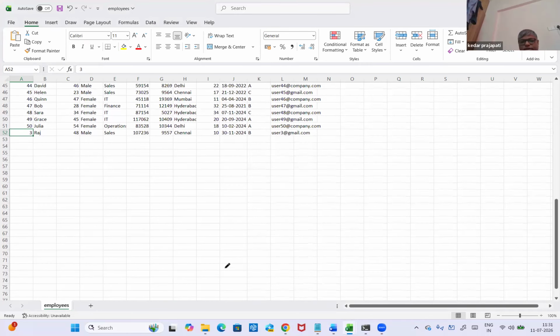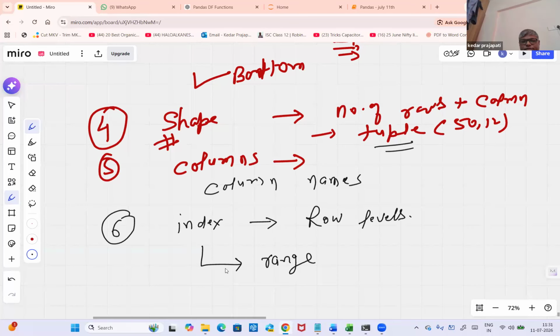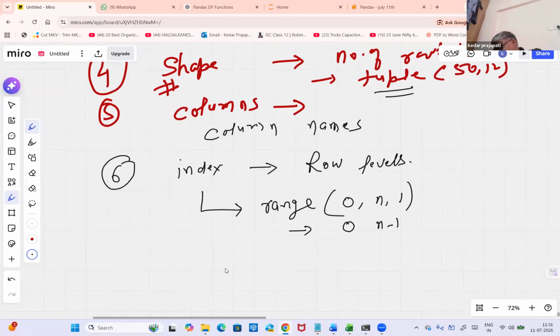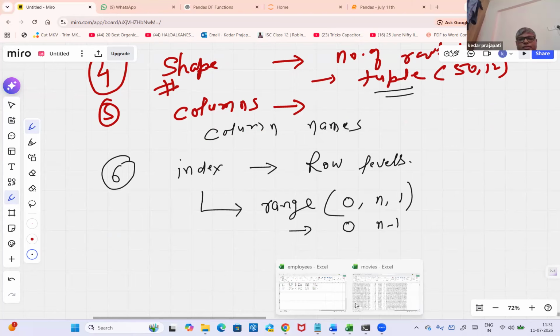So basically it returns a range with the starting index 0, end index n, and step 1. Okay. So you can interpret it in such a way that it is going from 0 and it will end at n minus 1. Okay. I hope it is clear, guys. Can you explain once again, Kedar? No. So